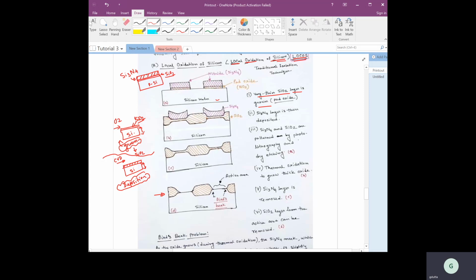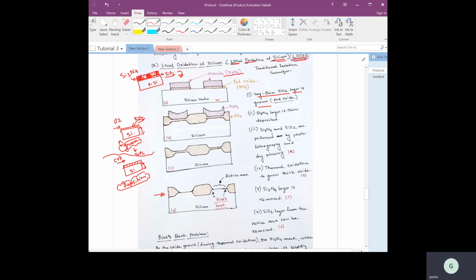Then you use lithography and etch the silicon dioxide, suppose from this region. So in this region silicon dioxide has been etched. This region silicon dioxide has been etched. Silicon dioxide and silicon nitride have been etched. And suppose this region also has been etched. So these dark regions are actually the etching regions. Once your silicon dioxide and silicon nitride have been etched from these regions, you will get this structure. So this is the silicon wafer. Below that we have this pad oxide or thin silicon dioxide, on top of which you have silicon nitride.